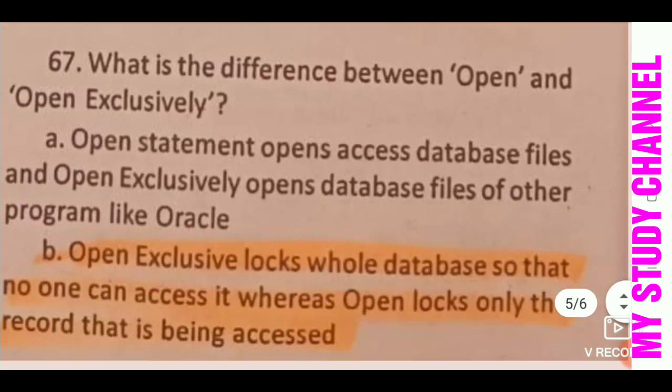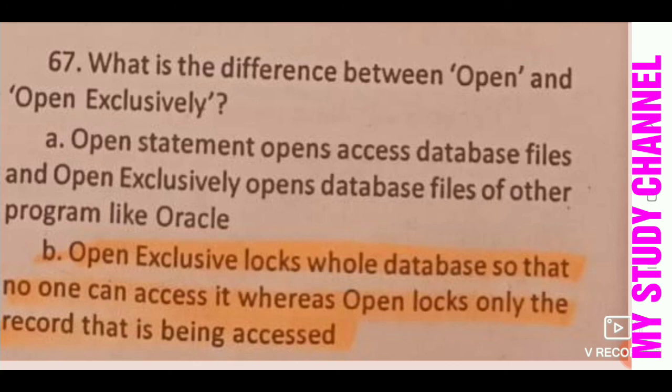Next question is, what is the difference between open and open exclusively? This question is important. Option A is, the open statement opens Access database files and open exclusively opens database files of other programs like Oracle.